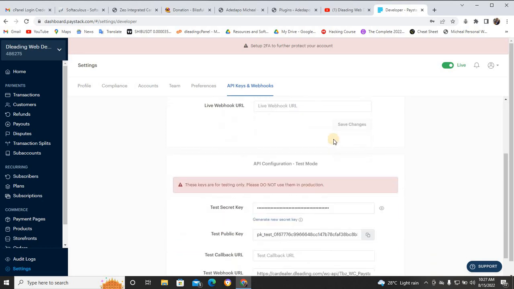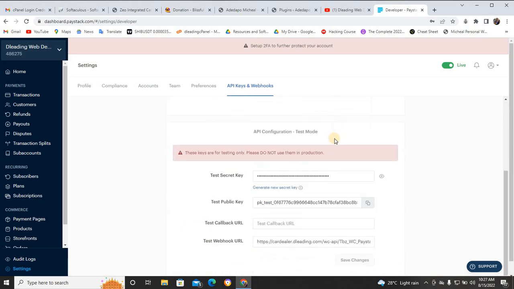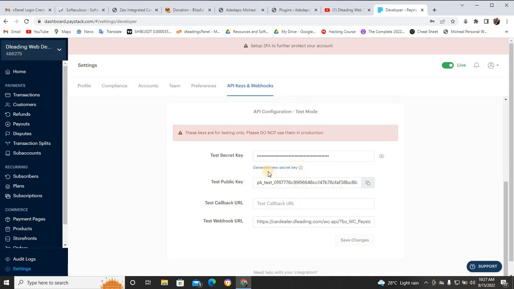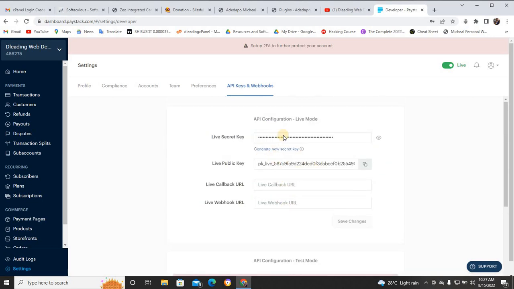Should I use this account? Okay, for training, let me use this account because I have another Paystack account that I use. So let's just make sure we use the test secret key and stuff like that. But in your own case, if you are doing it for a client, you make sure you use the live keys. But because we want to use this for testing's sake, let me go back to my